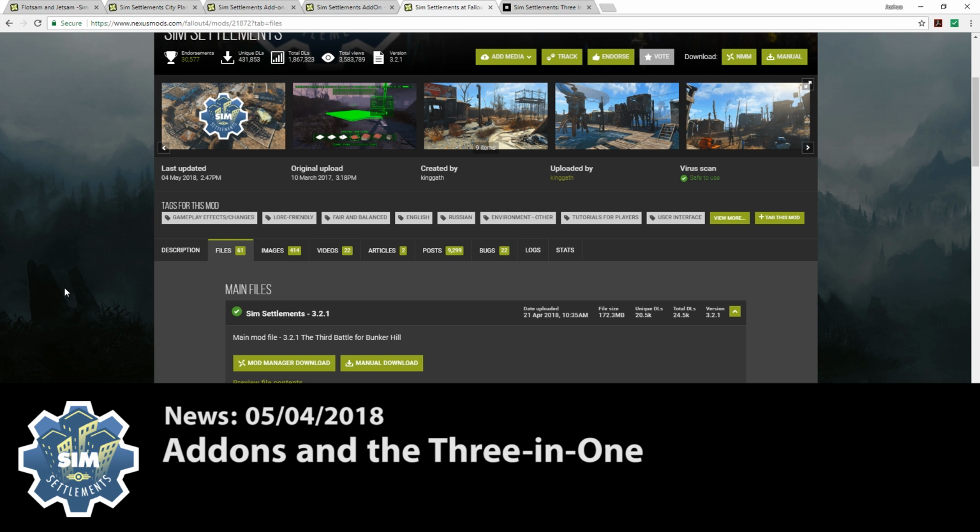And the other reason I'm not going to call it anything but the 3-in-1 is because there's a chance the next expansion is just going to be too complex to ever merge, so it may have to maintain being separate. But I was able to get Industrial Revolution and Rise of the Commonwealth combined into the main ESM, and that is because I had planned for this all along, and all of the forms are actually kept in the